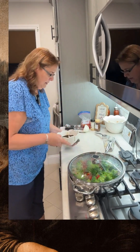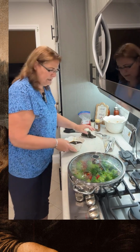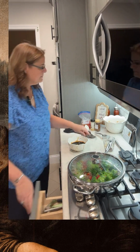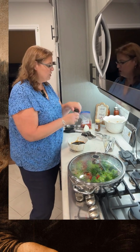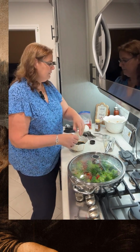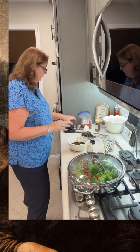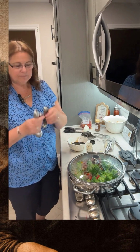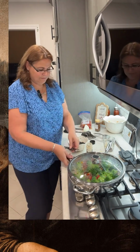And then I'll get a little whisk. I'm going to have to add some ginger. How much of this do I need? 1/2 of a teaspoon. I got these little magnetic